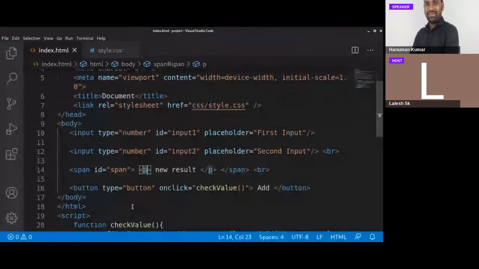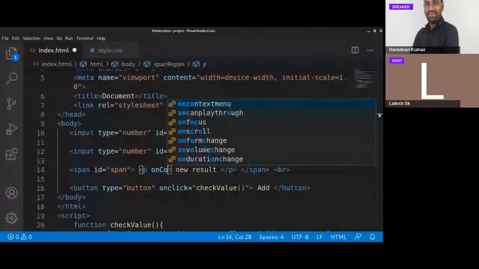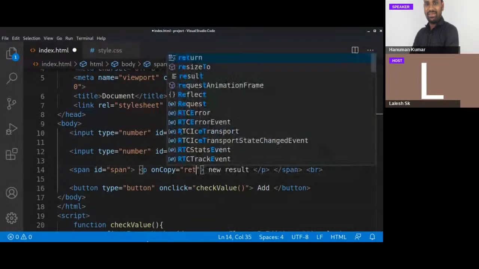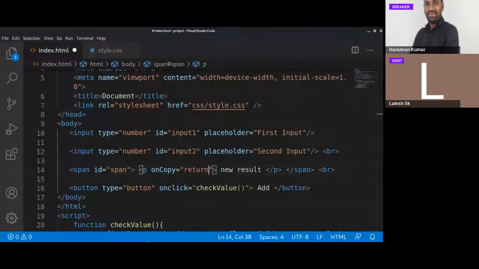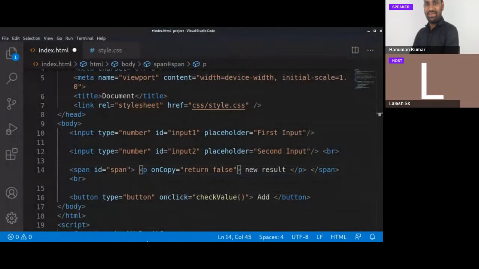So we have events. So let me use on copy here. On copy equals to, let me use return false. So that is return false. I just used return false, and